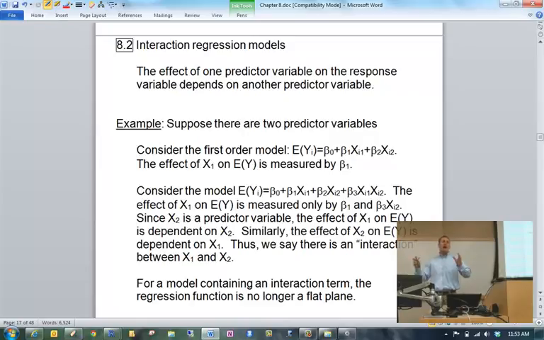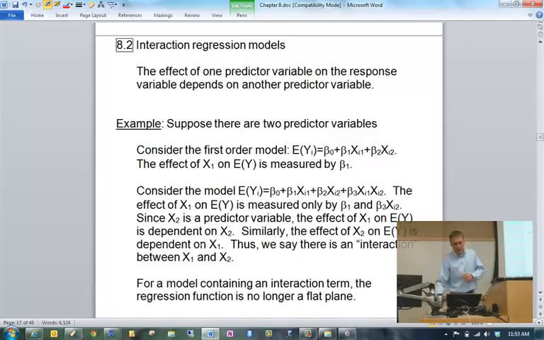In fact, how one predictor variable affects the response may actually depend upon a particular level of another predictor variable in your model. When that happens, we have what's called an interaction. These predictor variables interact with one another in how they affect the response.